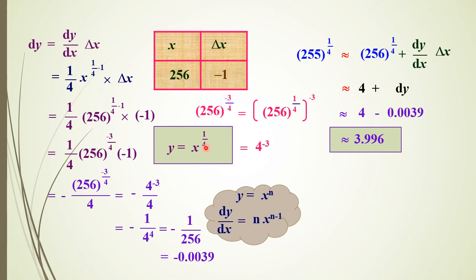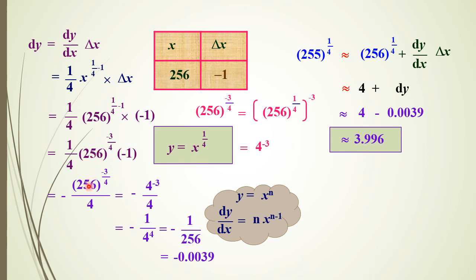What is the differentiation of x to the power 1 by 4? It can be written as 1 divided by 4 into x to the power 1 by 4 minus 1, and delta x is written as it is. Now, after finding the LCM of this term, 1 by 4 minus 1: 1 1s are 1, 4 1s are 4, so 1 minus 4 is how much? Minus 3 divided by 4. So after finding the LCM, you will be getting this much.